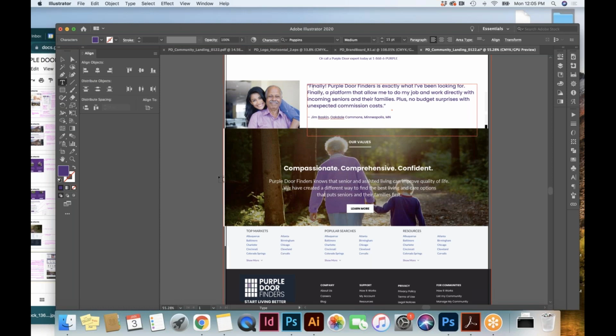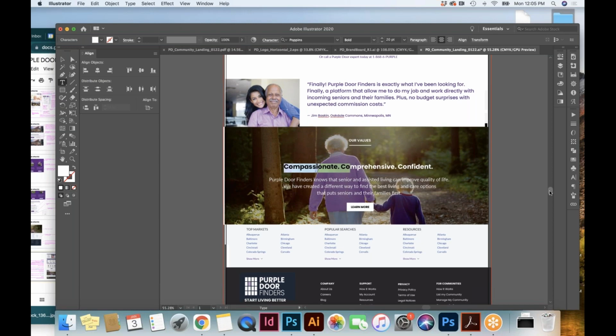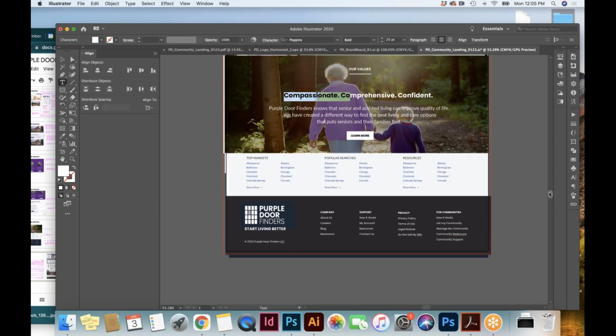Yeah, so our values, the copy changed from what it was before, but compassionate, comprehensive, and confident. That's what we came to in our very informal branding and mission work: to be compassionate for elderly. The technology is comprehensive, and the data that we provide, the listings, is very comprehensive. And ultimately we're doing it with confidence internally, but also we want everybody else to have confidence in what we're doing, especially the seniors finding units and places to live.